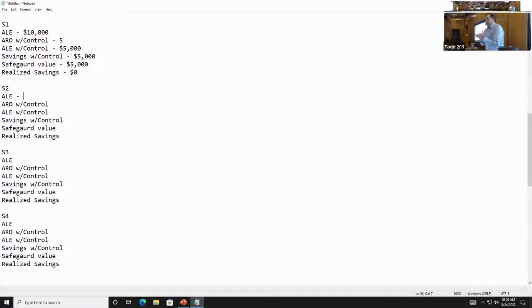All right, the second one. What is our ALE on the second one? Scenario 2. Website being hacked. Anyone capture that? What's that? 10,000 on this one as well? Okay, what is the ARO with the control? It'll be changed to once, right? Or cut down to, it would be once every 2 years. Cut in half, so it'd be 0.5.